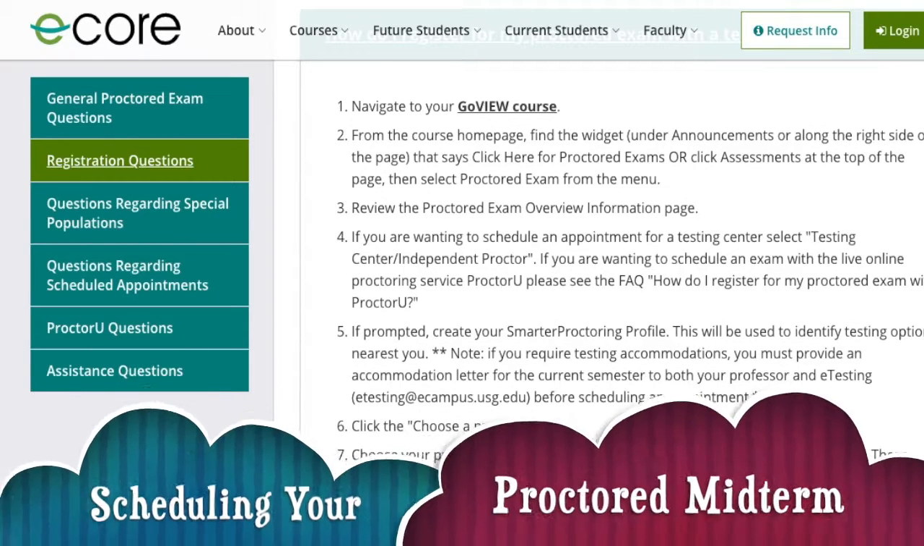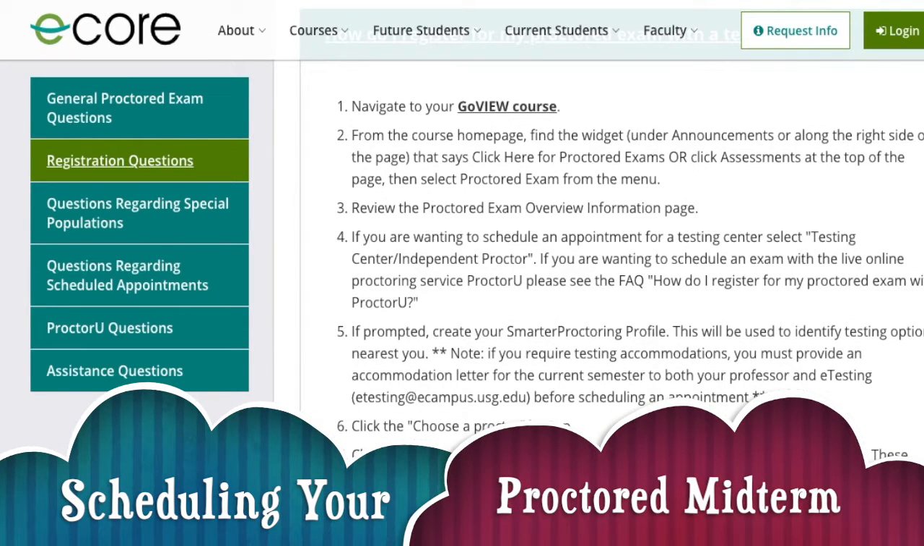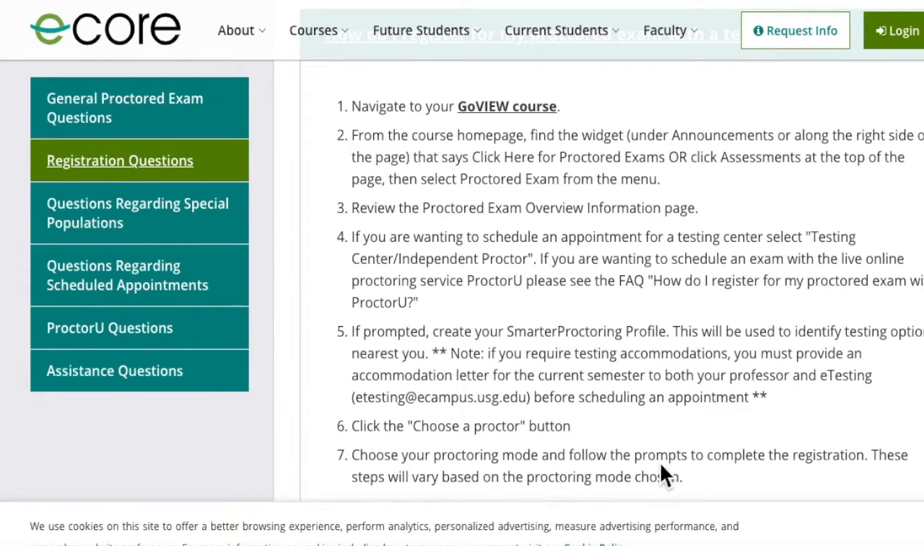I want to go over the process of scheduling your proctored exam. The exam we have proctored in our course is the midterm, only the midterm. And what that means is that you have to have somebody oversee your taking of the midterm exam. Most students will probably choose the option to have a real live person in the same room with them at